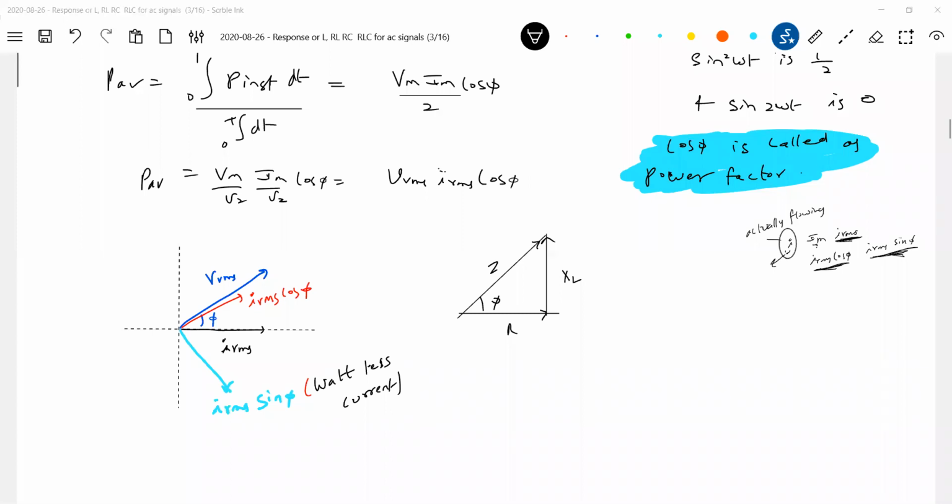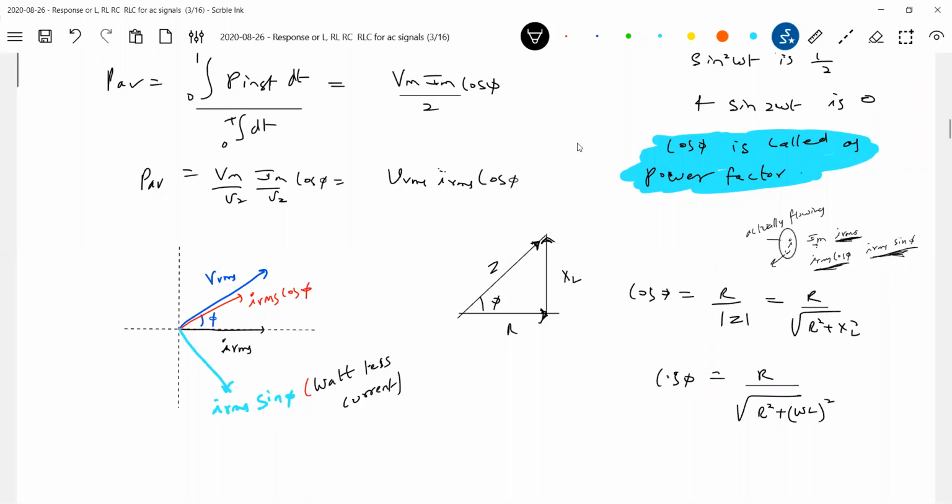The ammeter is made up of a resistor, and the resistor will always measure the one which is responsible, I_RMS cos phi. So whatever current flows, it will be generated, and proportional to it the deflection will be there. And now what is cos phi here from the diagram? R by mod of Z, which is equal to R over root of R square plus X_L square, or further, R over root of R square plus omega L whole square.